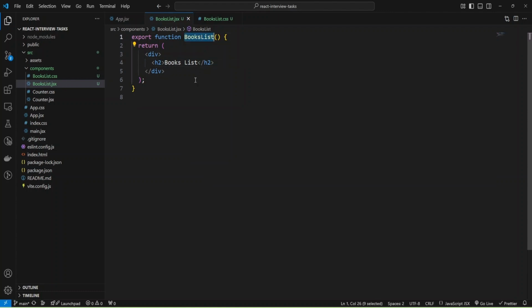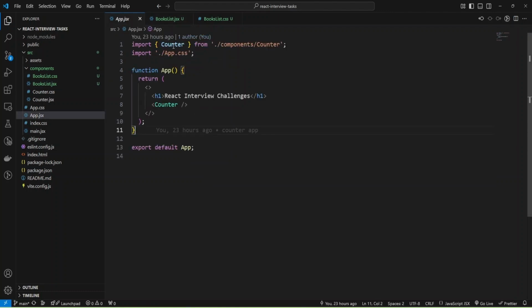First of all, we need to add our component into App.jsx. I'll change to BooksList and also add it here, and let's check.